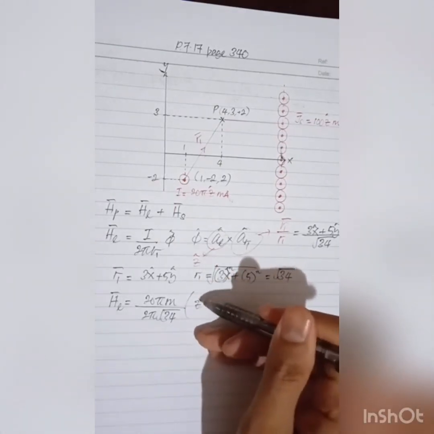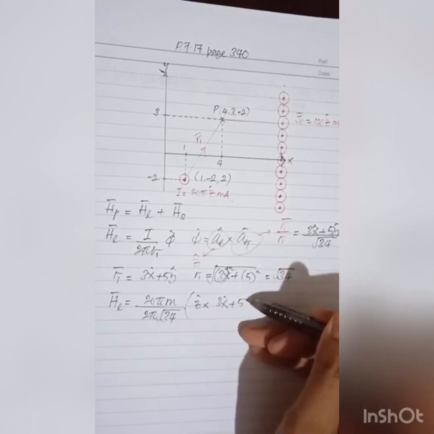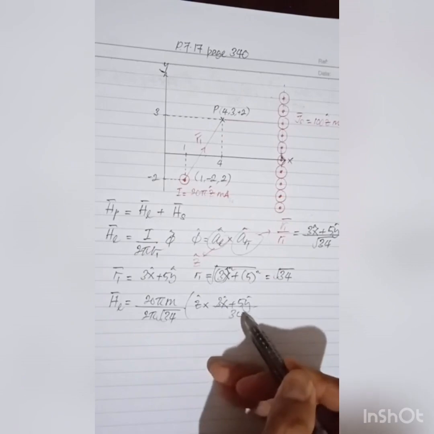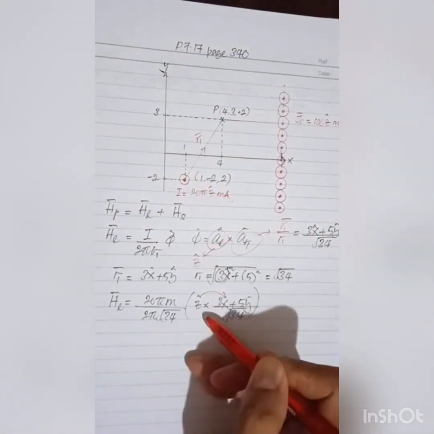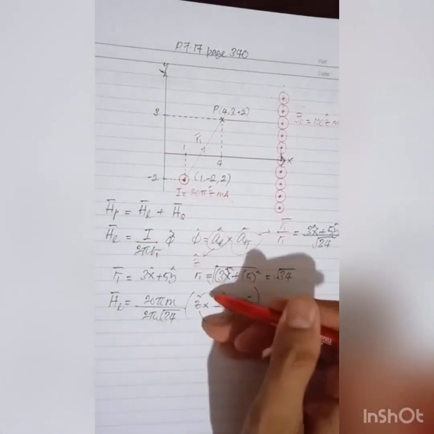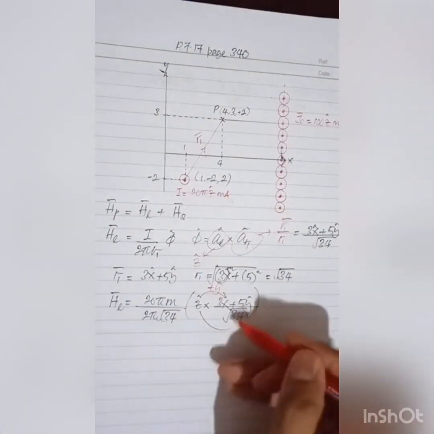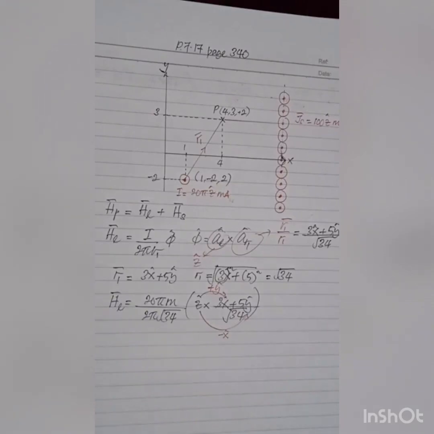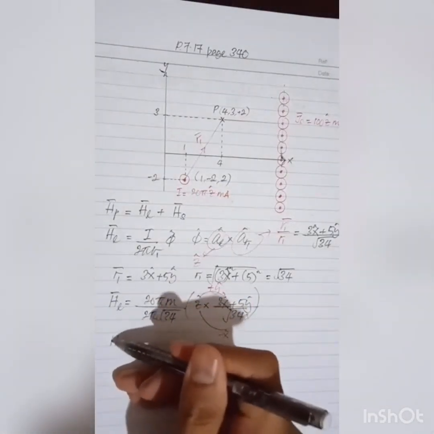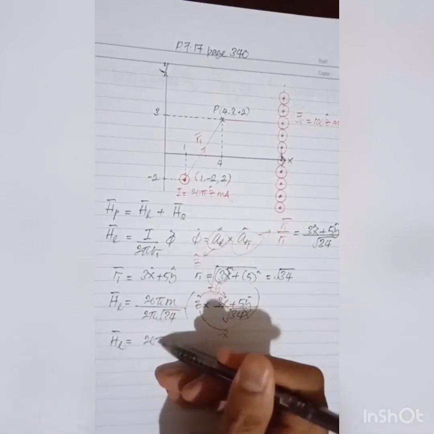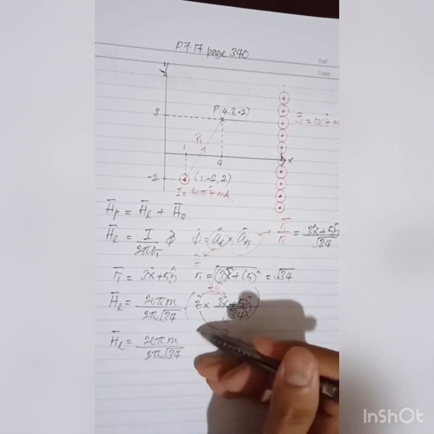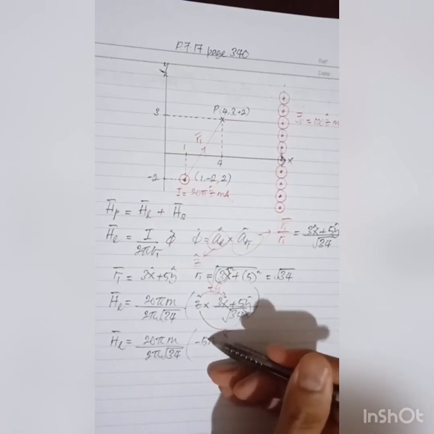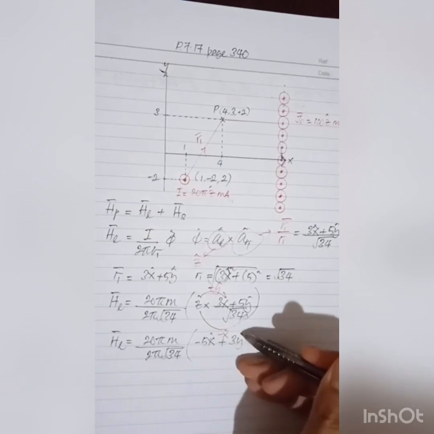So I'm going to have here z for the L cross the whole term, which is 3 x component plus 5 y component over root 34. Now let's perform the cross product between z and x, and also between z and y. The z cross x is going to have positive y, and the z cross y is going to have a negative x, right? So now you can simplify the equation, becoming 20 pi milli over 2 pi root 34, and now I'm going to have negative 5 x component plus 3 y component